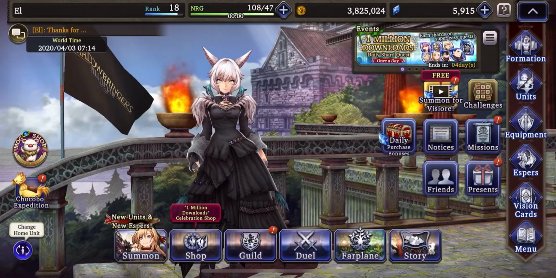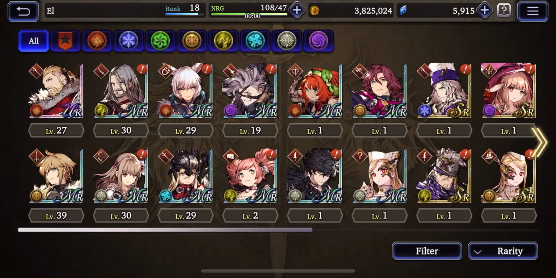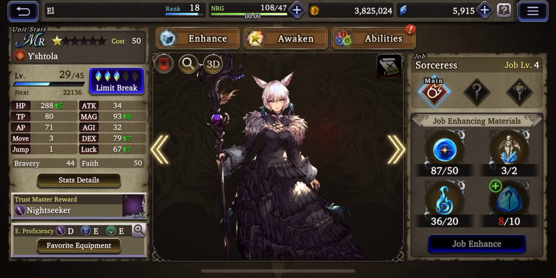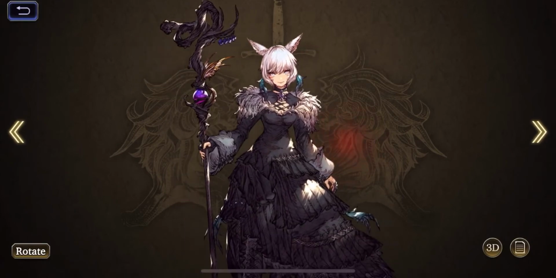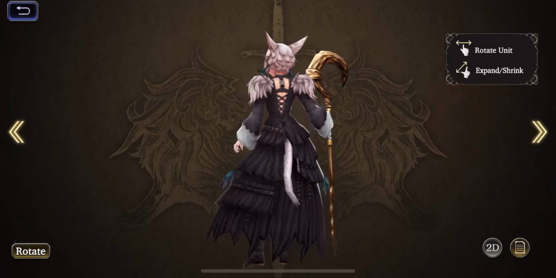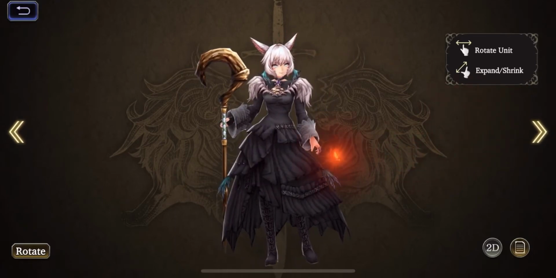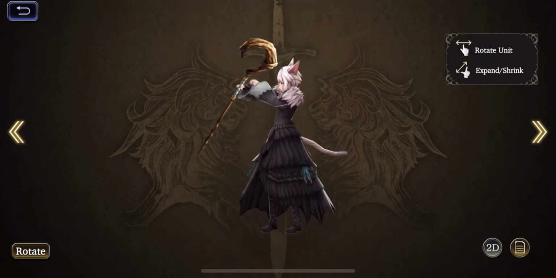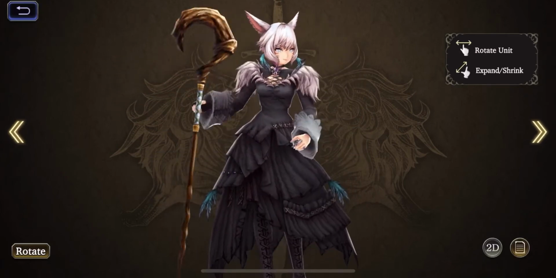Let's see if we can go check out some units. And this is another thing I love about this game: when you go check out the units, not only will you be able to see the regular 2D art, which is beautiful, but you can also see the 3D art. And the 3D art of these characters are full-blown characters. Not the old chibi characters that you get when you play other gacha, hero collector games,